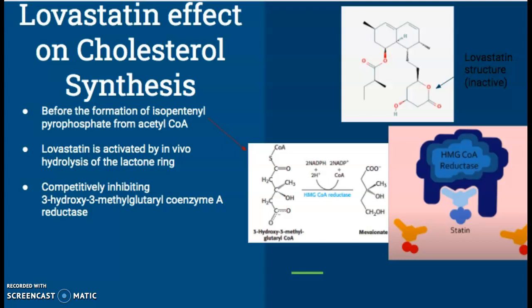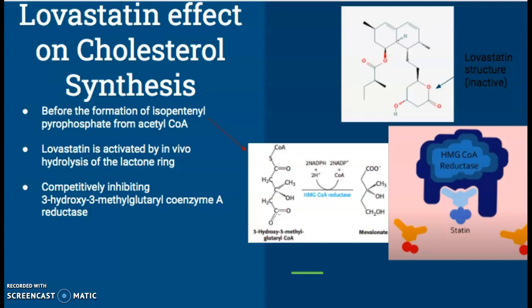So lovastatin will competitively inhibit 3-hydroxy-3-methyl-glutaryl coenzyme A reductase. Here we can see its inactive structure. Lovastatin is activated in vivo, which just means in your body, like when you take it, by the hydrolysis of the lactone ring. So here we can see the lactone ring specifically right here. The hydrolysis of that oxygen will get a proton and basically break the ring structure, allowing it to bind to